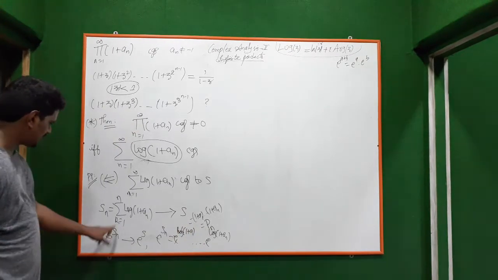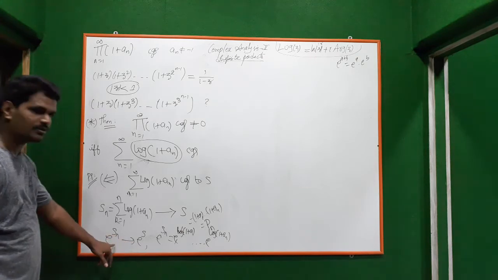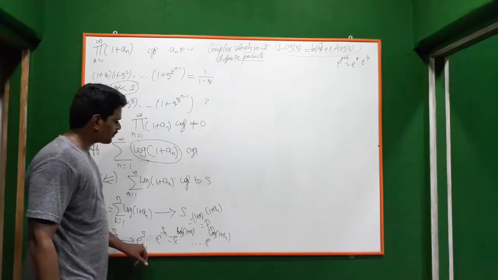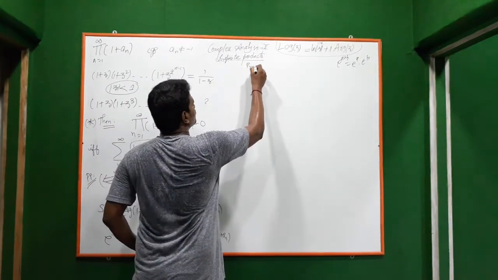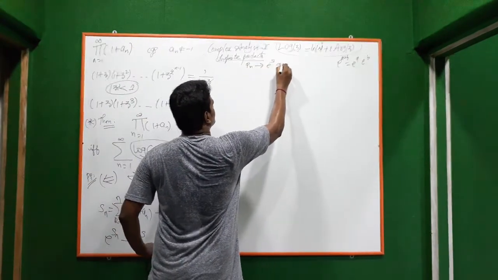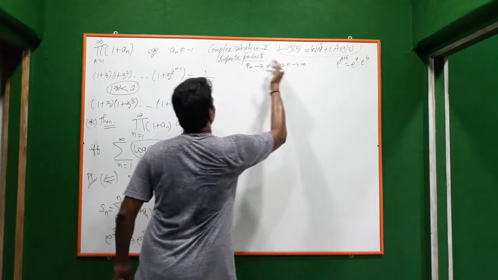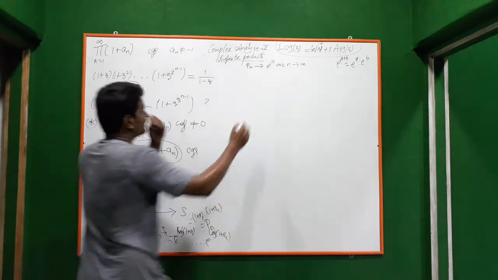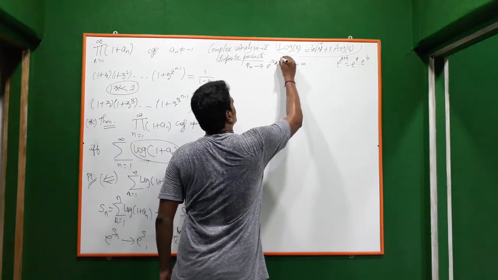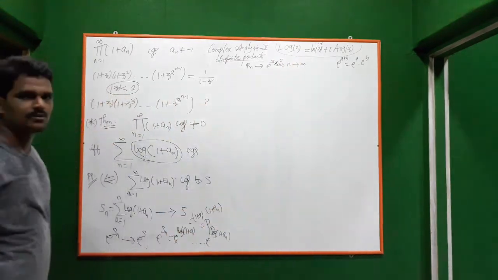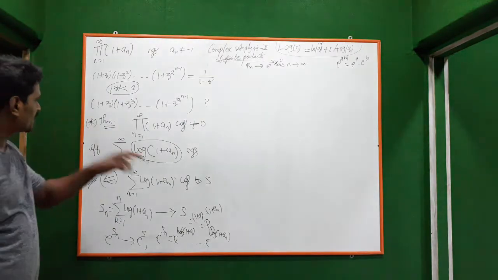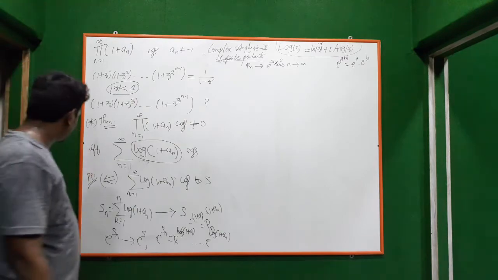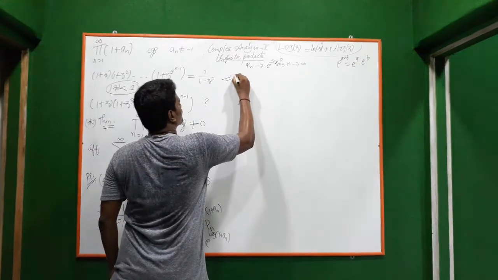We know that e power Sn converges to e power s as n goes to infinity. That means Pn converges to e power s as n goes to infinity. So this product converges to that. And this e power s is never 0, because the exponential is never 0 in the complex plane. So it converges to a non-zero complex number. Okay, so next this part.